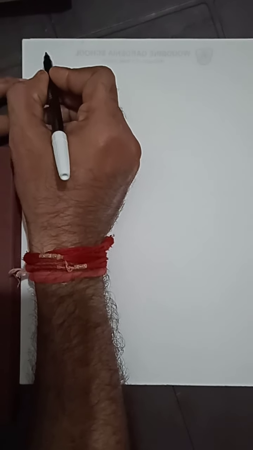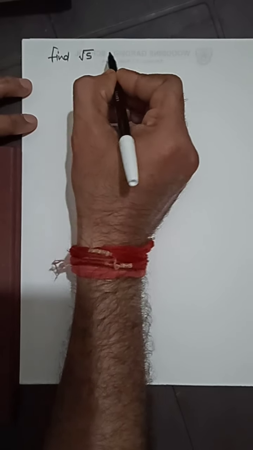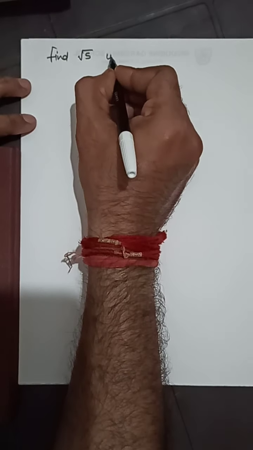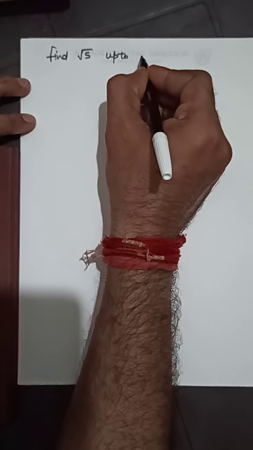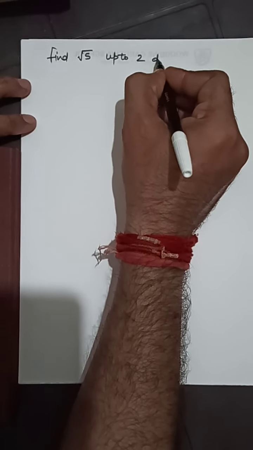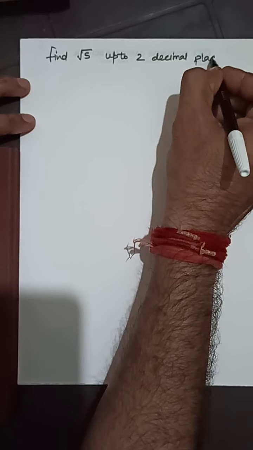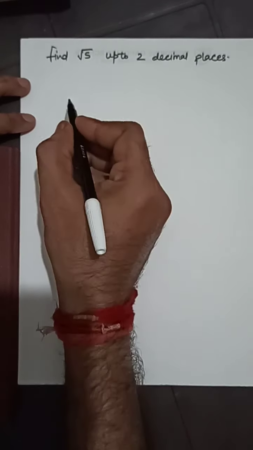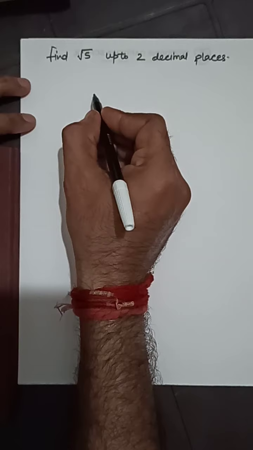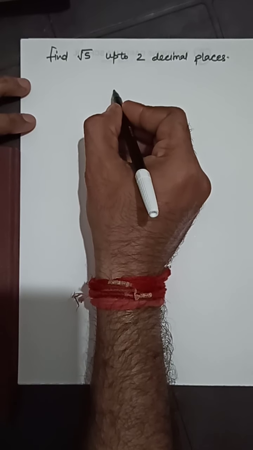Now one more. If it is given, find the square root of 5 up to 2 decimal places. This question is given, so we have to find the square root up to 2 decimal places. So what we will do,